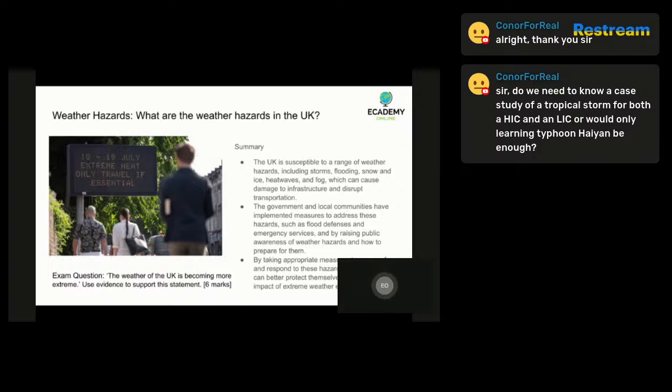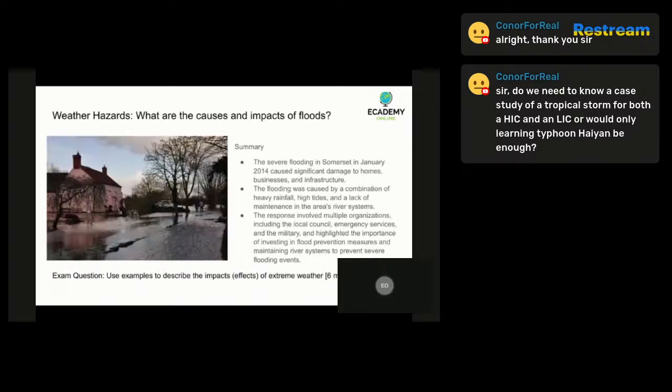Okay, let's move on to the next section. So what are the causes and impacts of floods? And we're going to use a case study here for this particular example. You may have studied something slightly different or completely different, but I'm going to talk about January 2014 in Somerset,